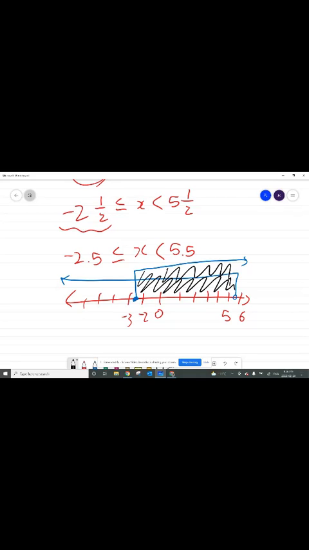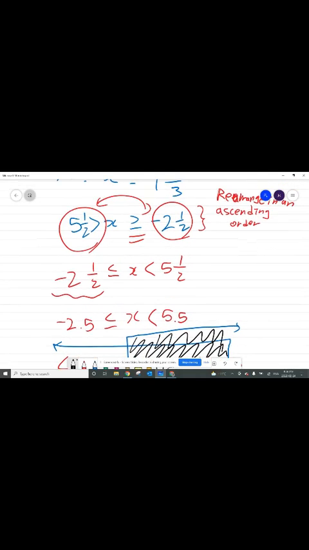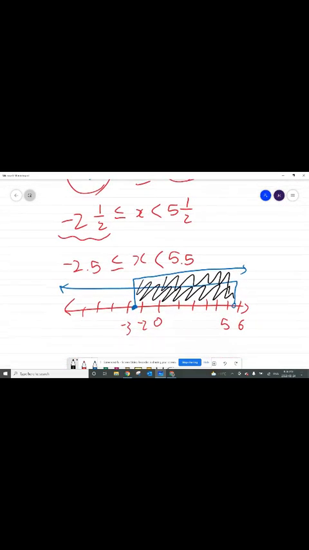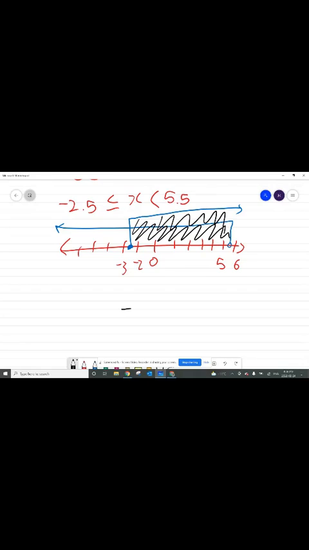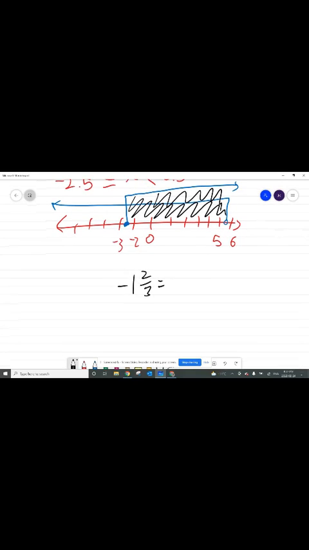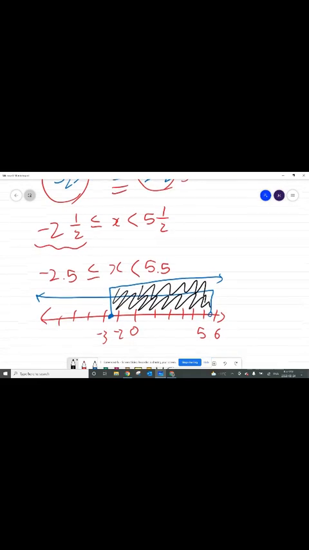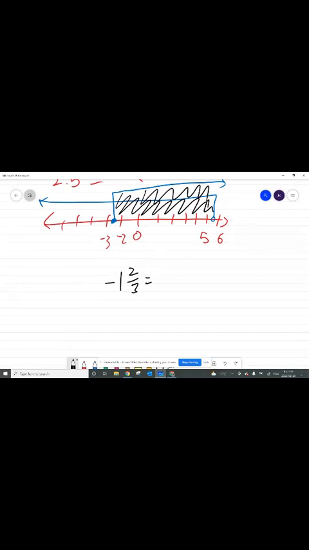Now let's justify. The question says x is equal to negative 1 and 2 over 3. Is that possible? Well, first of all, you can do it several ways, but like I said, decimals actually play a huge role when it comes to number lines. It just makes your life a little easier. What I am going to do is the traditional algebra method. If you have a calculator, it will basically tell you, but